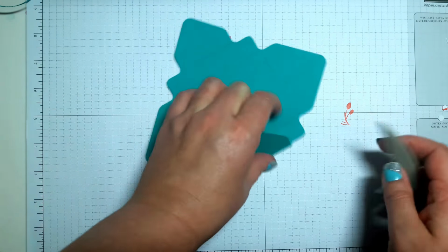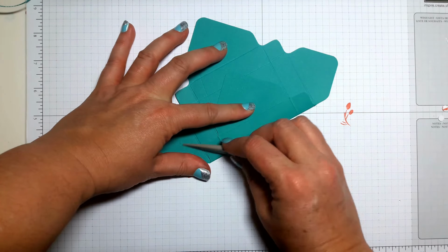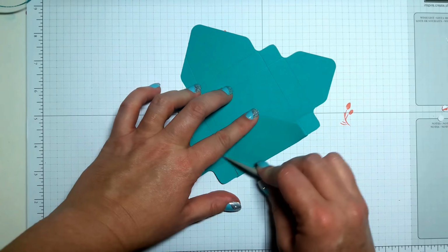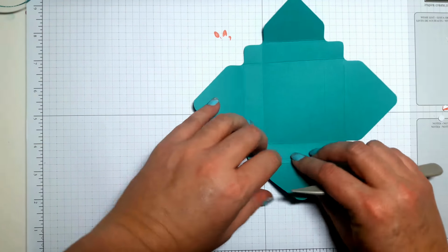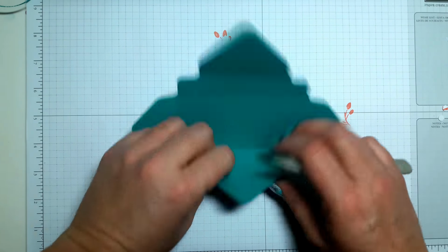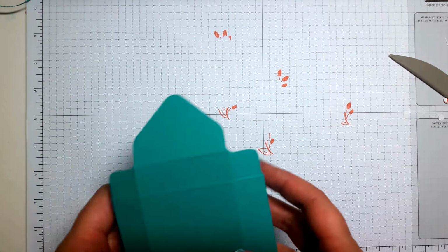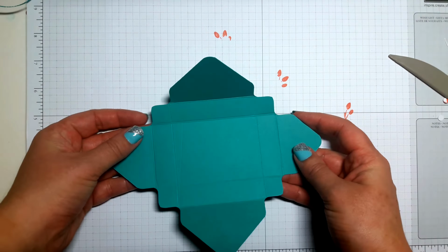like that. Fold, burnish, and fold, and burnish there. Just do the other two sides. And there we are, we have that. Just want to snip a couple of things here. So just looking at that,